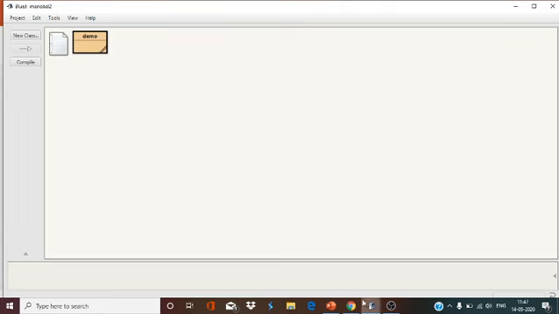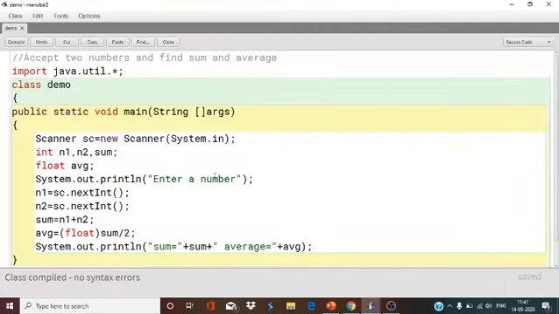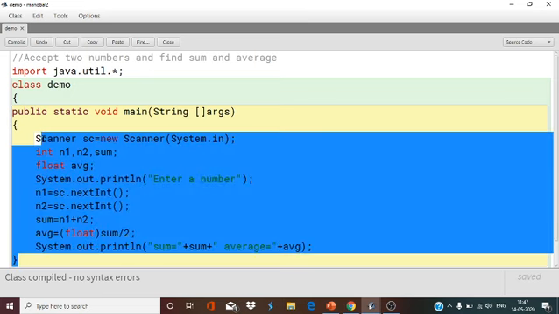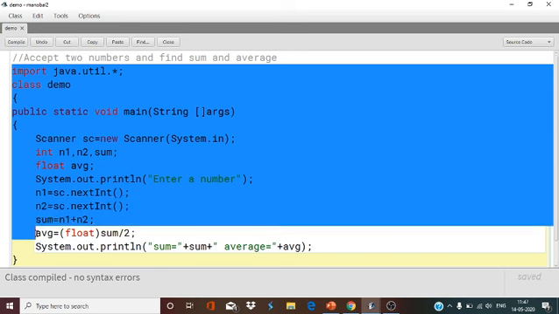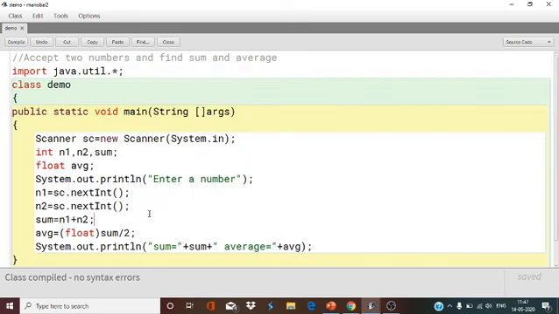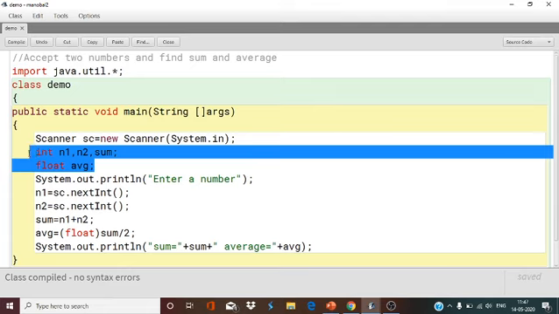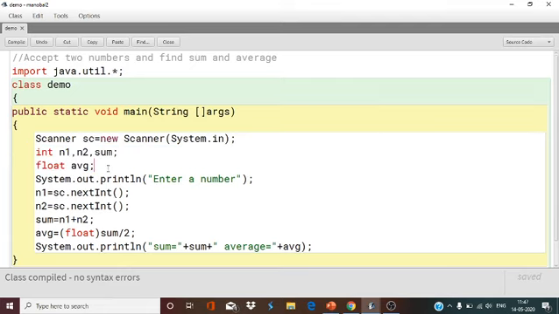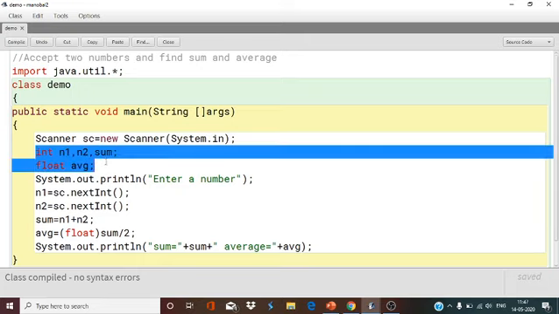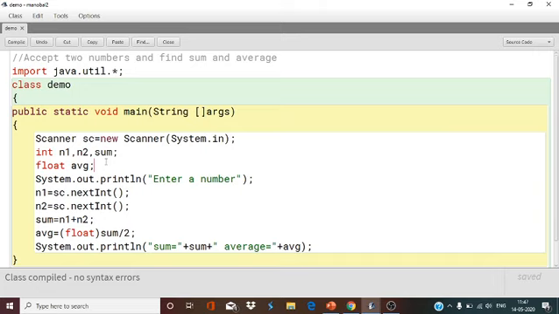This is the question. Now in examination, suppose this question came, you will not get full marks from this much only. One more thing you have to do: describe the variables, that is, why you have used n1, n2, sum and average. So how many variables are there? Four variables. I always recommend that you first declare all the required variables at once, so that it is easy to write the variable description. Now I'm going to write the variable description.